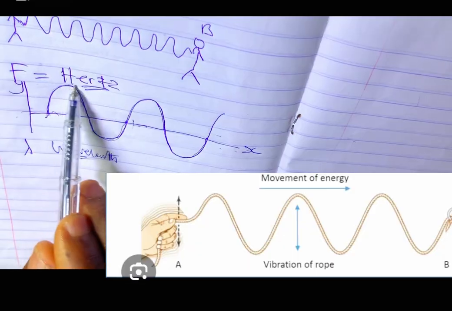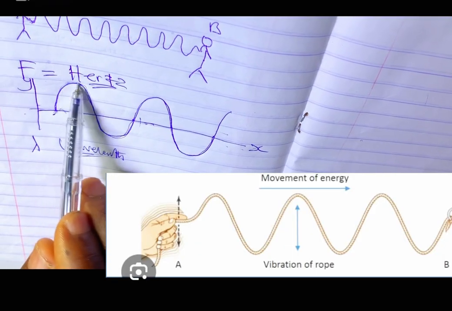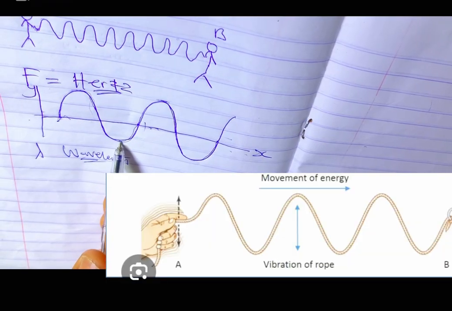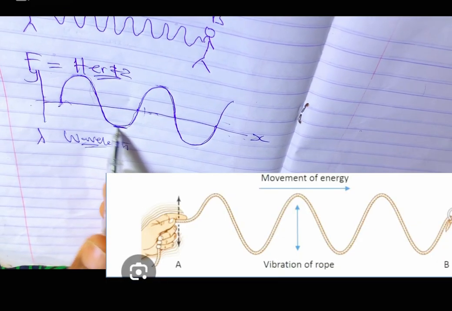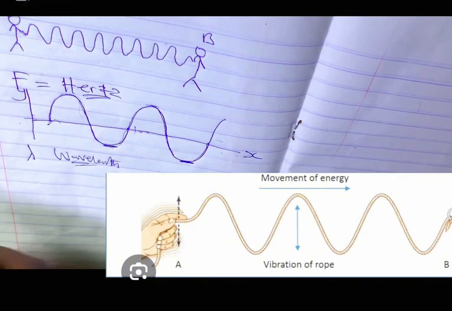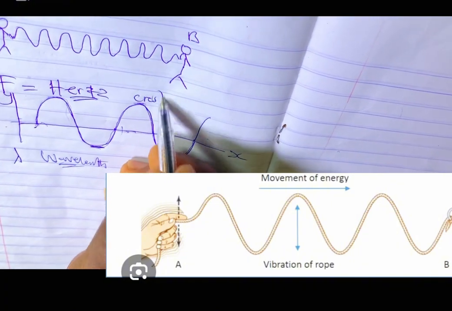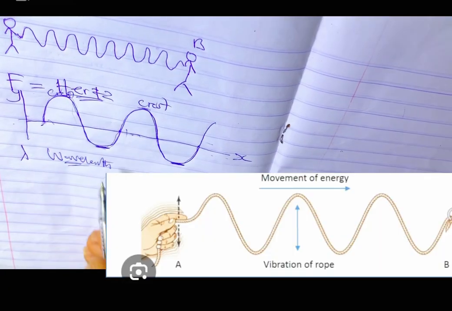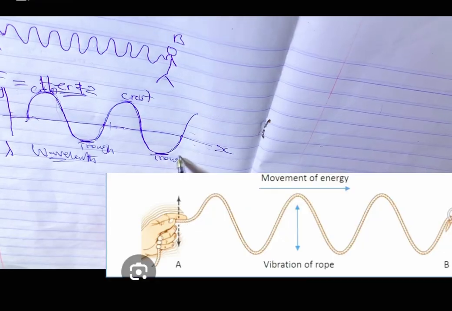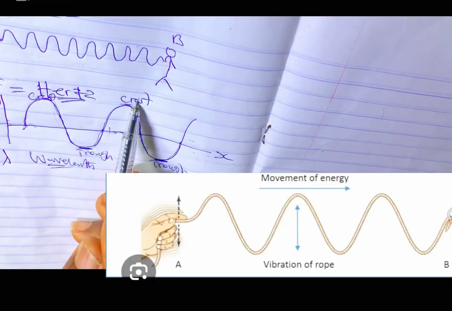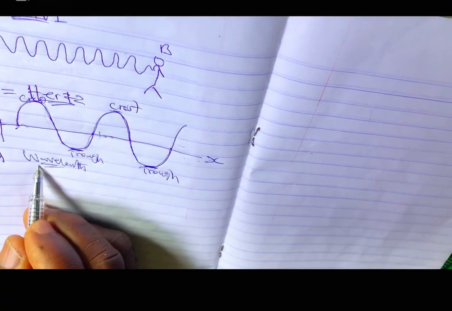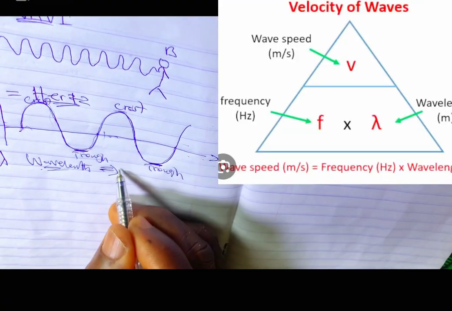The top part of our wave diagram represents the crest, and the lowest part attained by our wave particle or diagram talks about the trough. So here is the crest, and here is my trough. So the distance between 2 crests or the distance between 2 troughs talks about my wavelength,